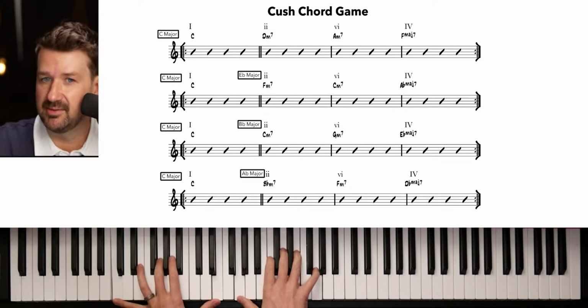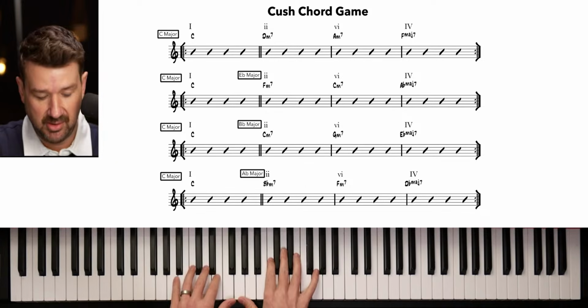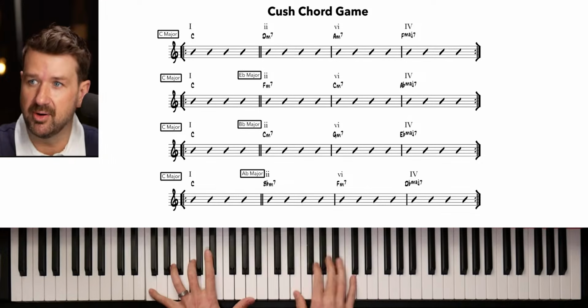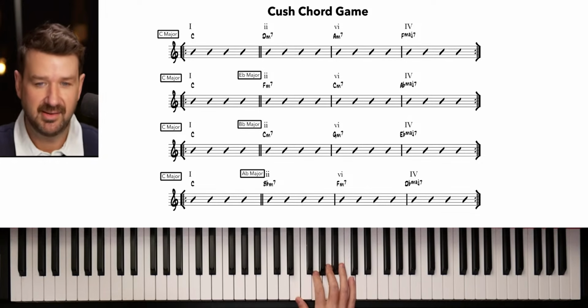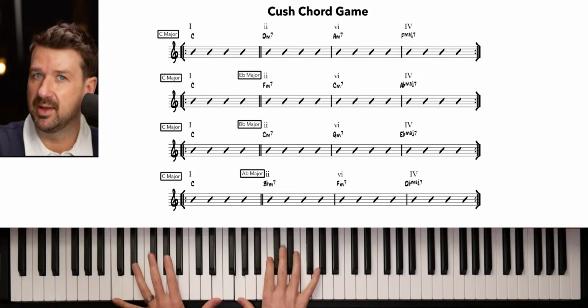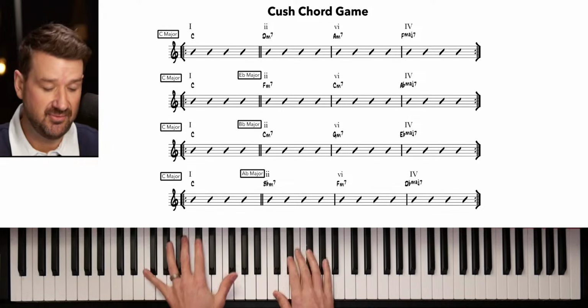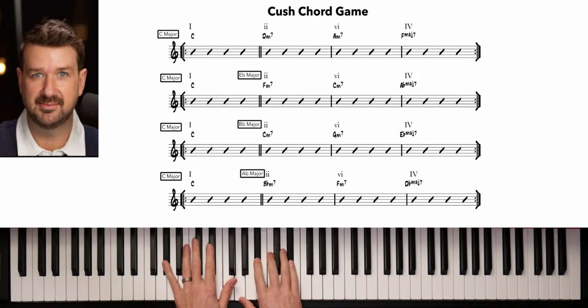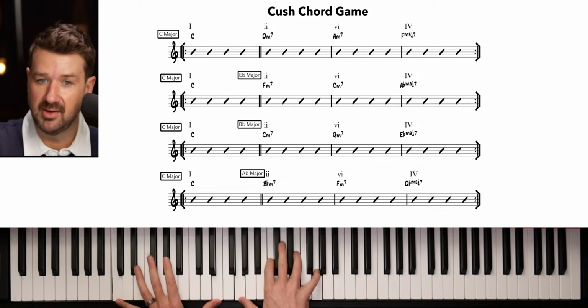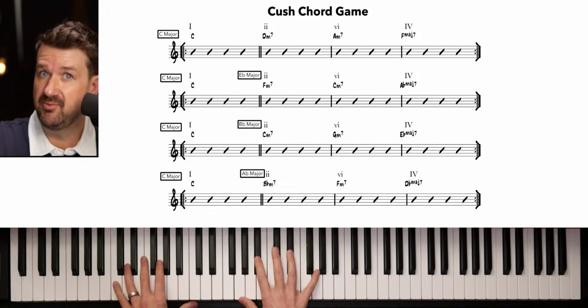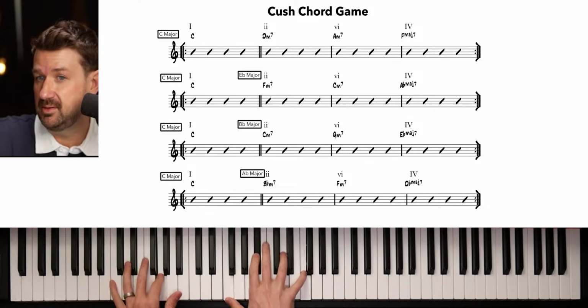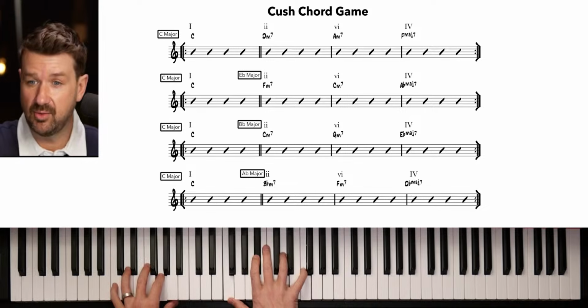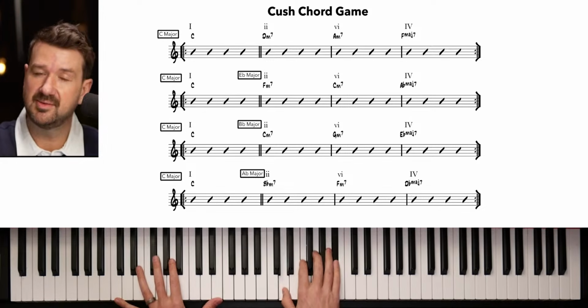So if we look here, we got our C major, our 2 chord D minor, our 6 chord A minor, and our 4 chord F major. If we do those, everything except for the 1, we take to E flat major: 2 chord, 6 chord, 4 chord. You know what I mean? What about the Dorian? Here's our 1, key of B flat, 2 chord, 6 chord, 4 chord. Such great ideas.